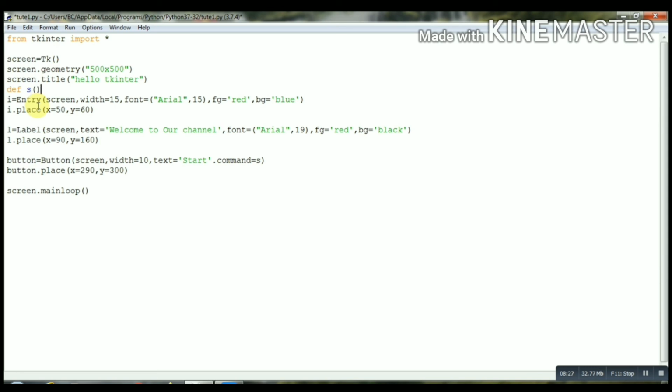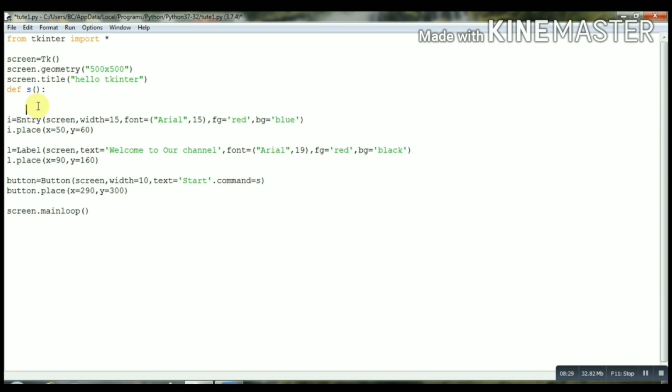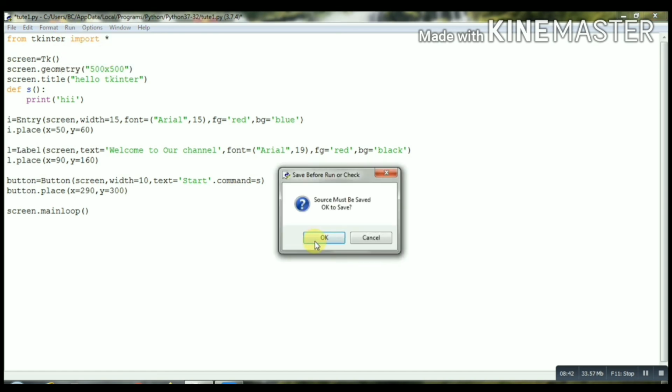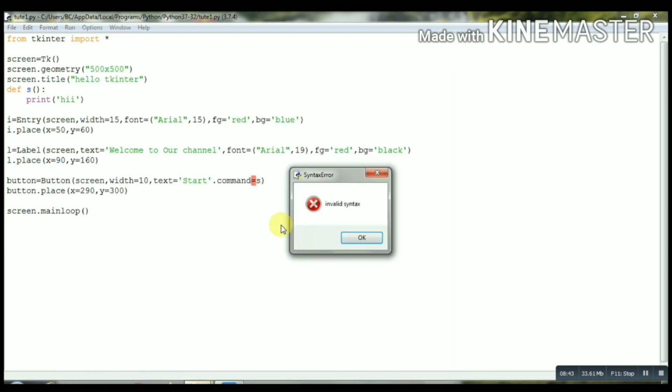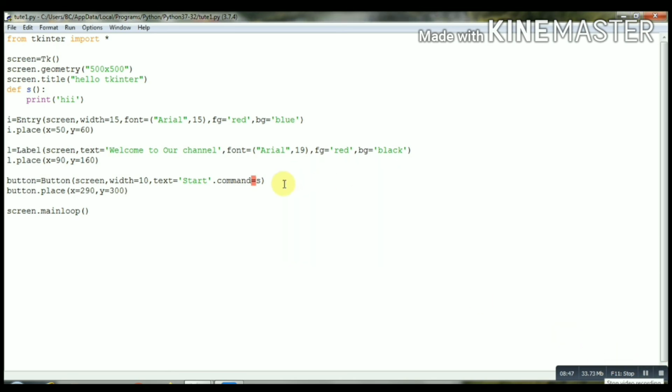So let's define a function s and print hi. Remember guys, this hi will not be printed in the Tkinter window. Let's run and see what happens. Oh sorry, I forgot to use a comma here.